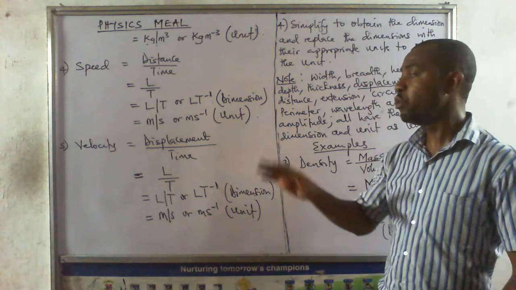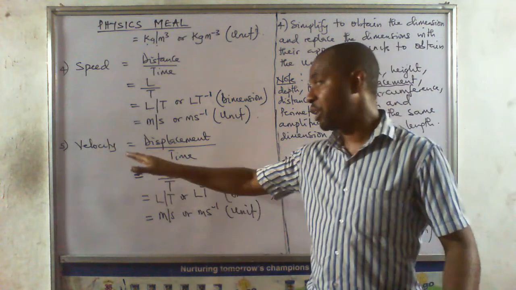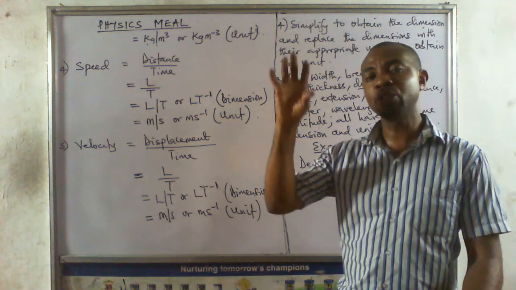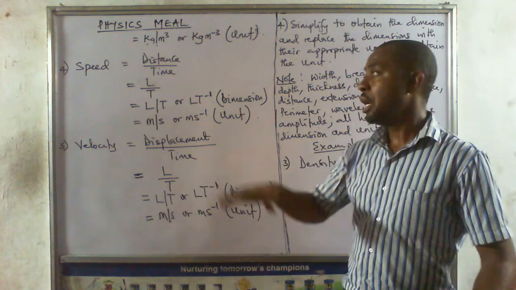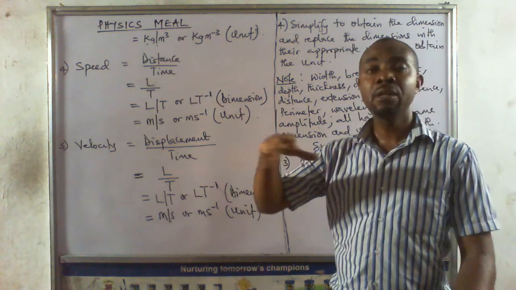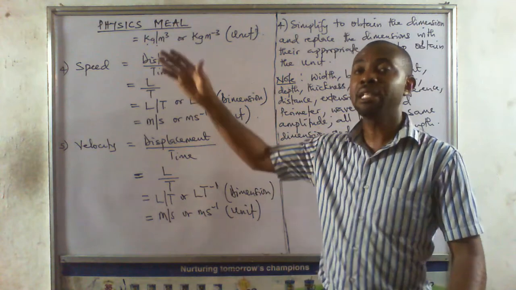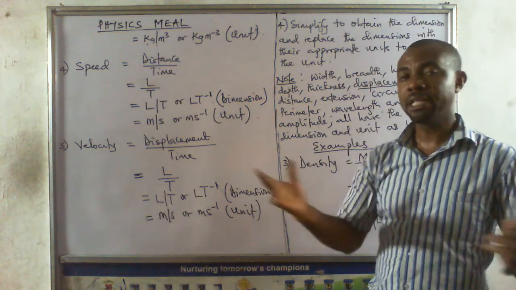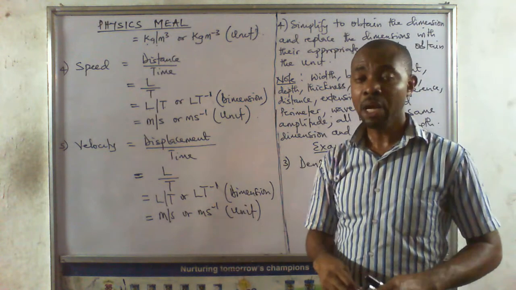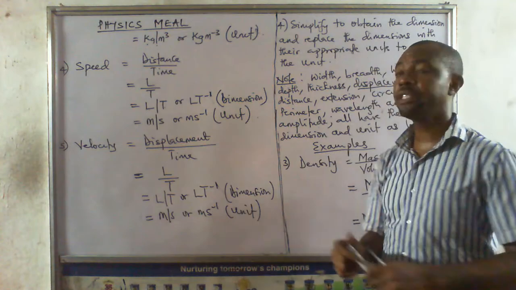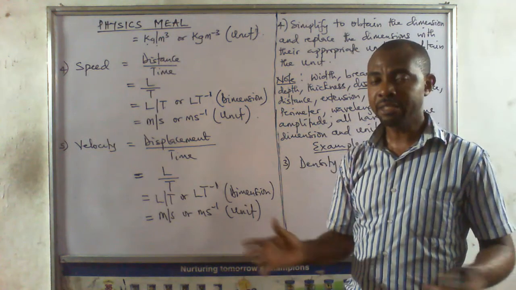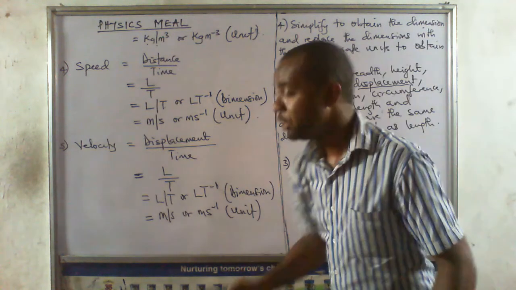So to fully define a vector quantity like velocity, we talk about the size of that quantity and also its direction. To fully define a scalar quantity like speed, we only talk about its size because it doesn't have a direction. All right. I'm going to give a simple question that we will return to look at the answers to. So quickly,